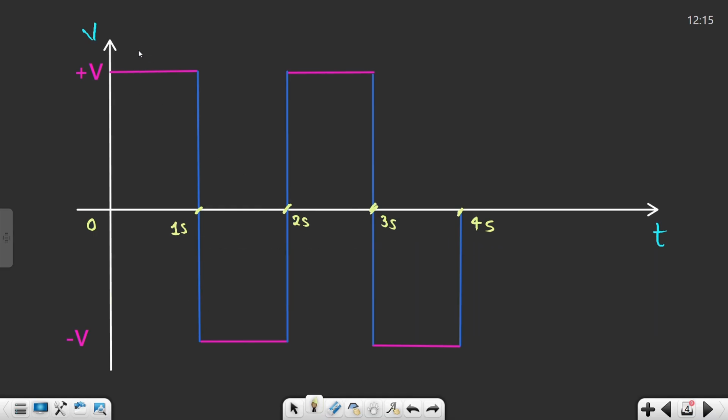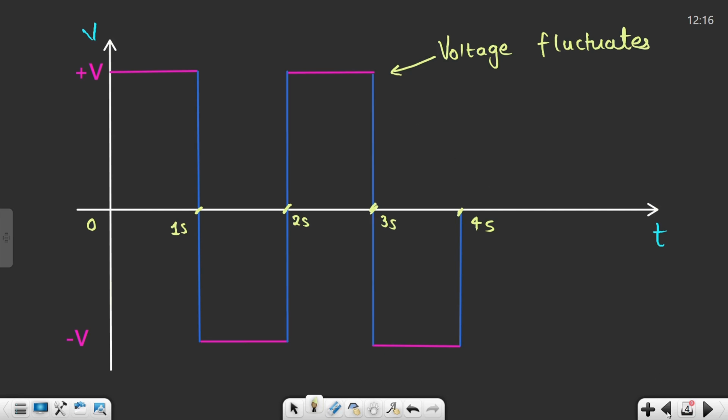fluctuating, right? From 0 to 1 second it is plus V, from 1 to 2 seconds it is minus V, again from 2 to 3 seconds it is plus V, from 3 to 4 seconds it is minus V. So you see the voltage is fluctuating, right? I'll just write over here, the voltage keeps on fluctuating, okay,